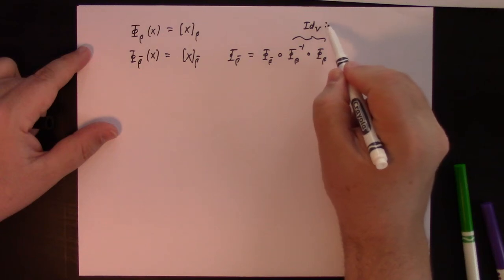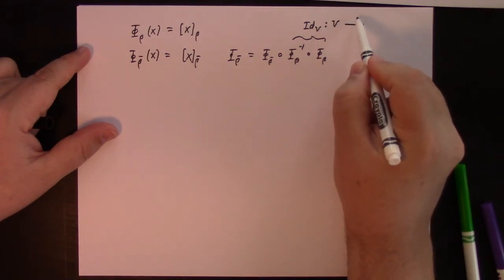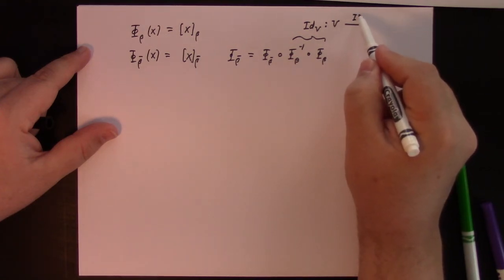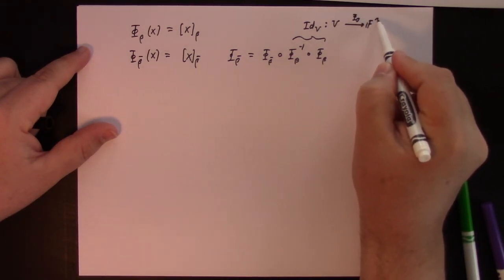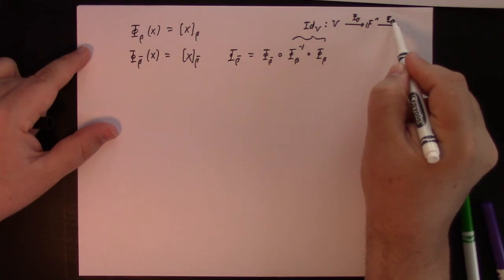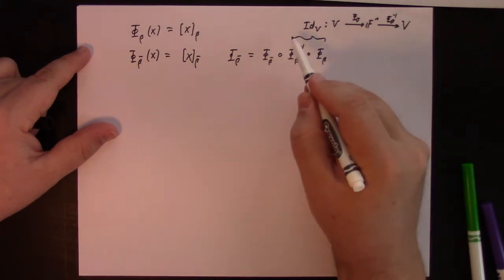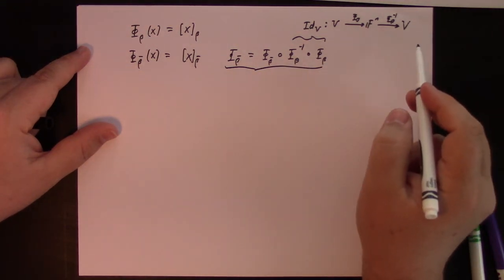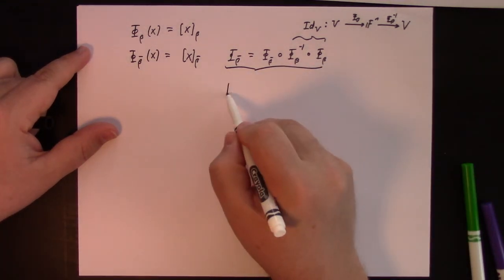Basically, phi beta does first. That takes me to Fn, and then phi beta inverse takes me back to V again. So that's the identity on V. I just inserted it. That's just a tautology. And then if you feed that